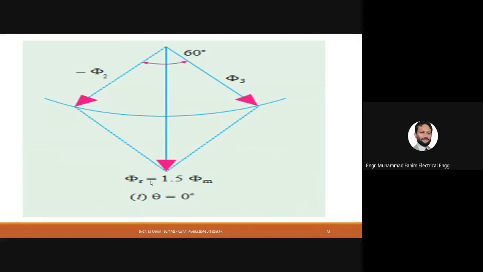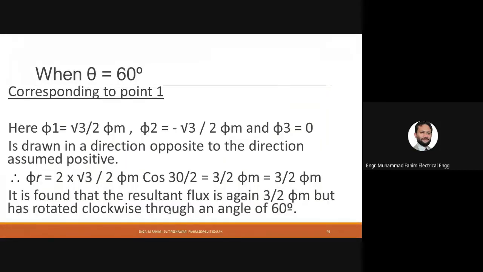Now look over here. Phi r, which is the resultant flux, is equal to 1.5 phi max at the point theta equal to 0 degree. Now look over here, it will be shifted further clockwise with the same magnitude of phi r. So now at theta equal to 60 degree, corresponding to point 1,